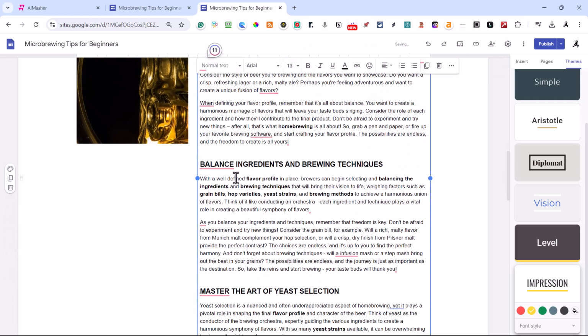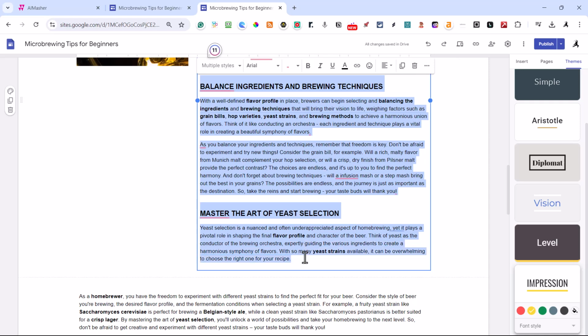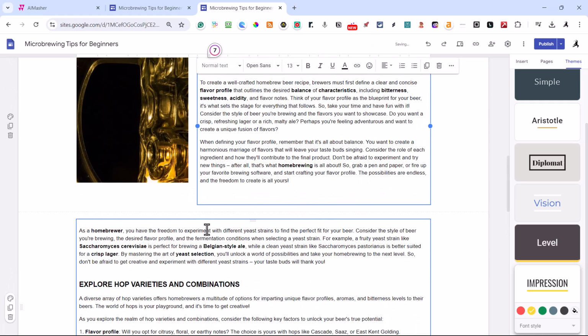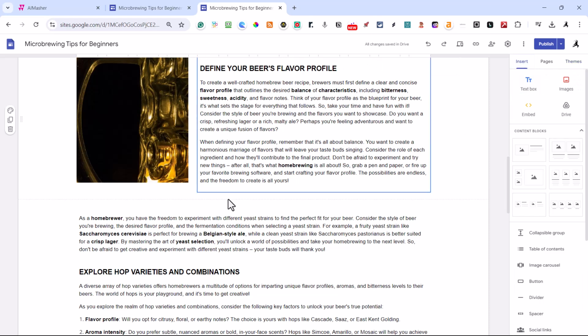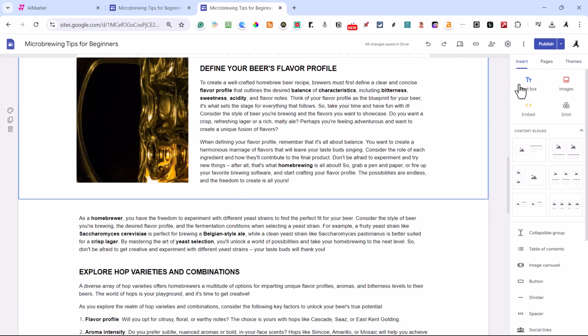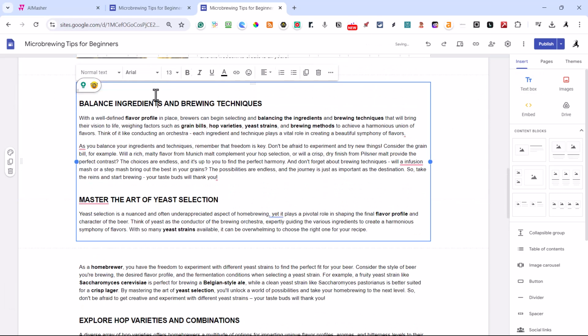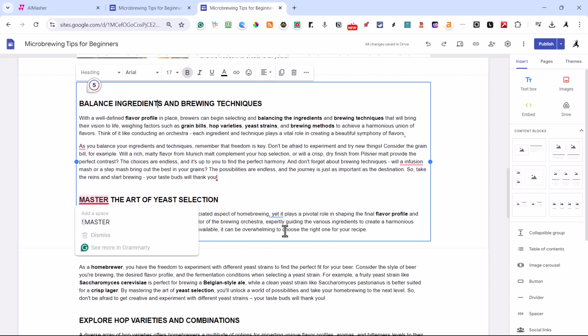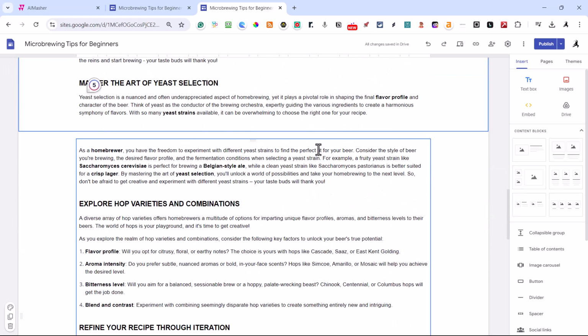Okay. Now, probably right here is where I would want to cut. So I'm going to come down here and hit Control X. Delete that last line in there. And I'm going to come over here to Insert, put my text box right here, and I'm going to paste that section I just cut out. Okay. Perfect. And you've got Grammarly popping up here where you can make changes. I'm going to leave it as it is.